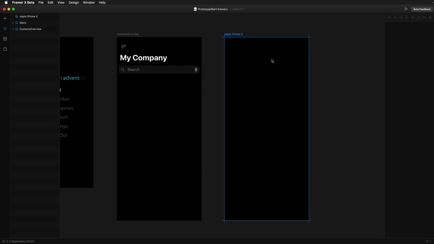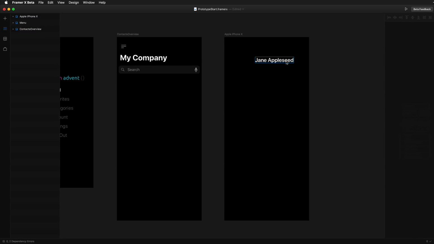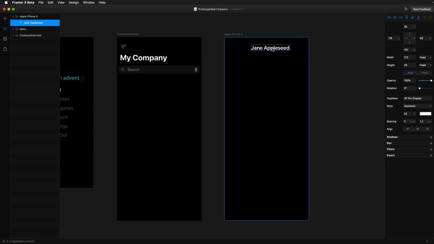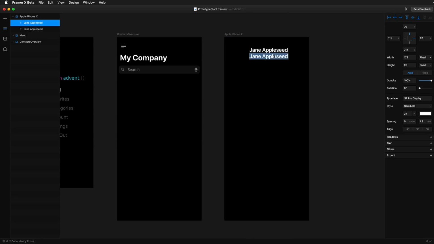And I'd like to start by adding some text, so I'm just pressing T on my keyboard to add a little bit of text. I'm going to start with, let's say, Jane Apple Seed right here, increasing the size a little. After switching to San Francisco Pro Display as my font, I'm going to go with maybe 24 for now, and I'd also like to have this, let's say, semi-bold, and this is going to be the name part of my cell. Just copy that here and you get these layout guidelines that are really helpful, and I'm going